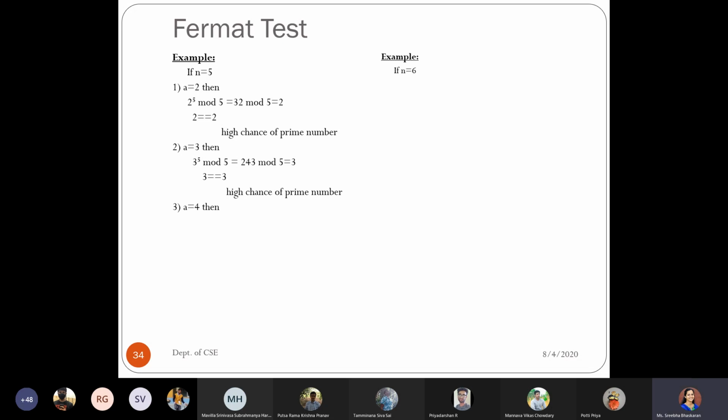So if I am repeating the process, next time when I am picking the random number, if it is 4, we will be calculating 4 to the power of 5 mod 5. The remainder which you are going to get will be 4. So still we can say that the chances of the value 5 being prime is high. So like this, you can repeat this process